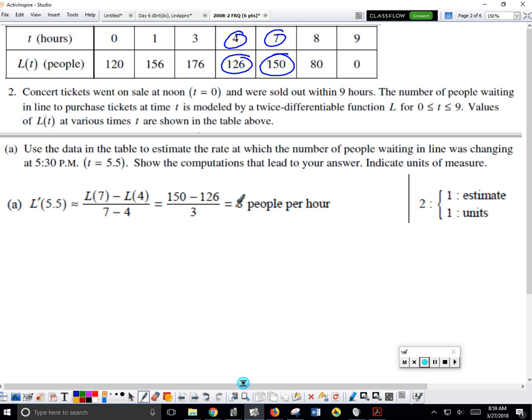You get 1 point if you come up with 8. You have to show this or you have to show this. And you get 1 point if you write people per hour. Follow-up questions from anyone? Cool. The next one